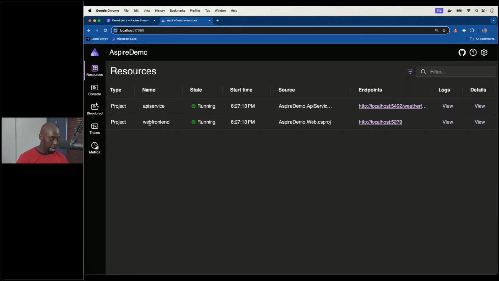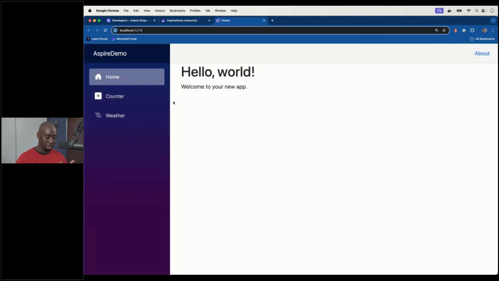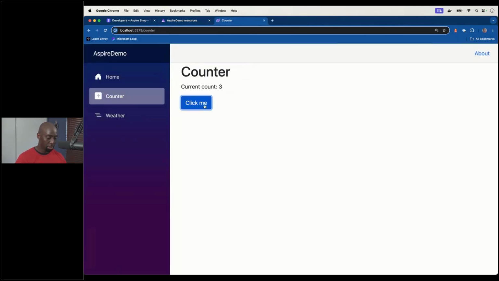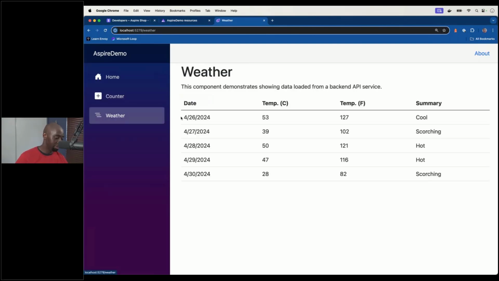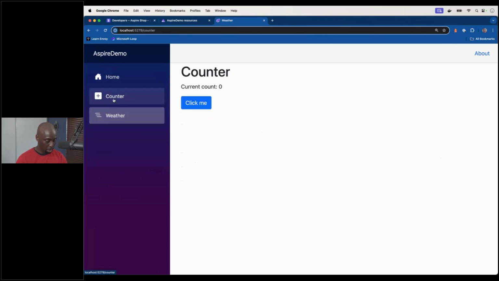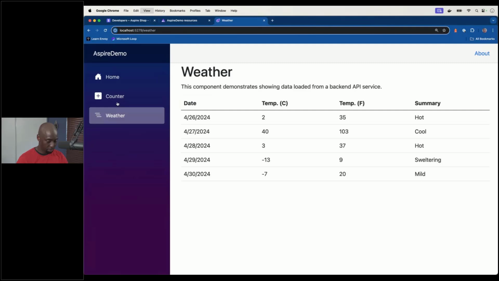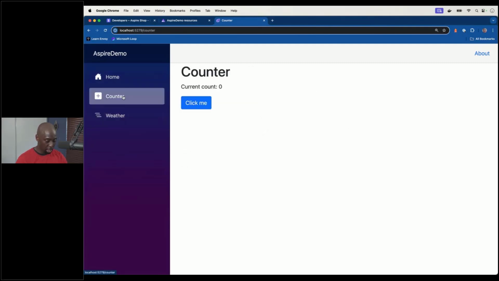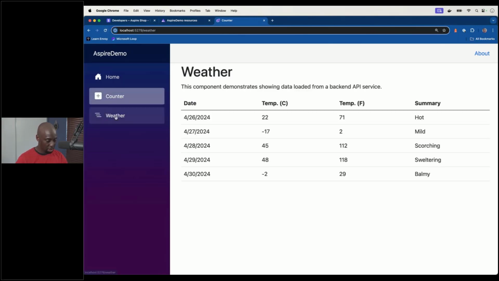Now, the main demo is this web front end thing. I'm gonna go ahead and click on that. This may or may not look familiar to some of you. This is really just the typical front end that we see all the time, maybe with Blazor or any of those types of things that we do. So the only thing I'm doing right now, you may or may not notice, is clicking around because I'm just trying to generate some traffic, trying to get this to move around a little bit.